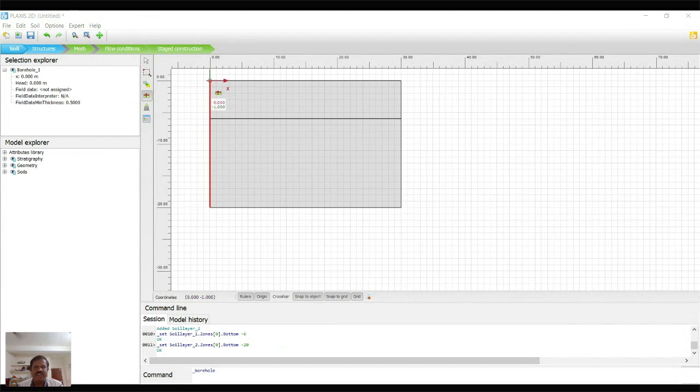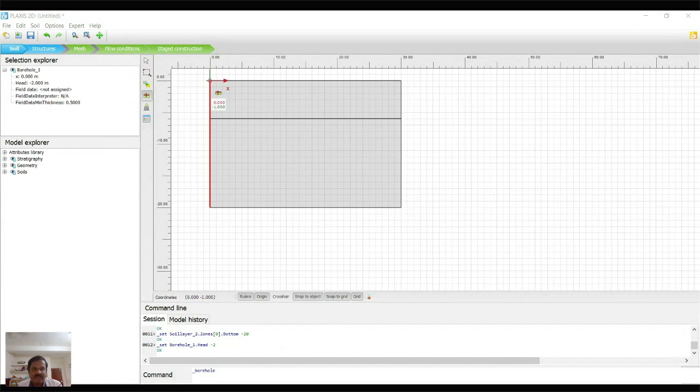So minus 20. You see in the side borehole profile it is clearly shown: one is 6 meters, another is 14 meters. And see the blue pressure showing the water pressure. Suppose your water level is minus 2 meters from the top; I changed it to minus 2.